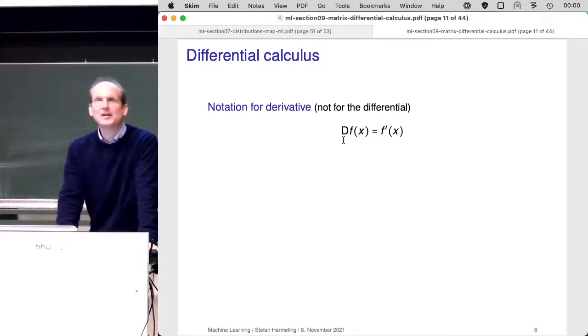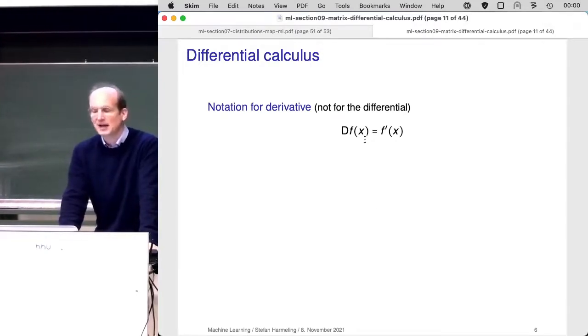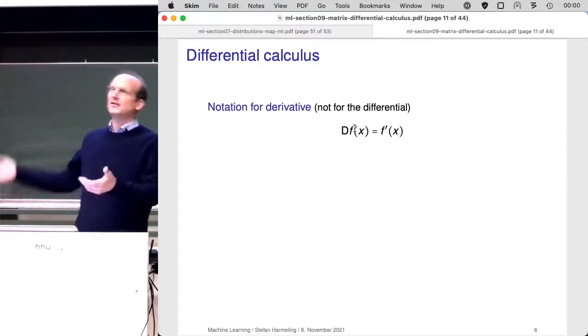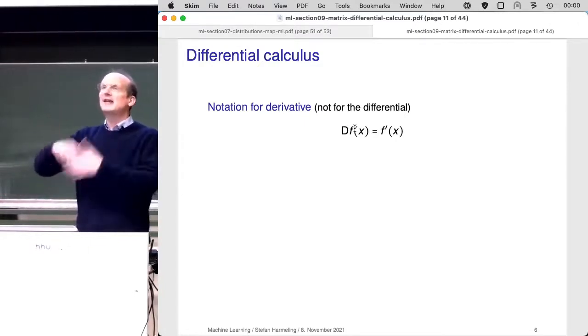I'm writing a capital D in front of the function f of x. Okay? It's curious how you would put the brackets here. The brackets are actually around the capital D and the little f. So the capital D is the derivative operator that has as an input a function f, and it can be